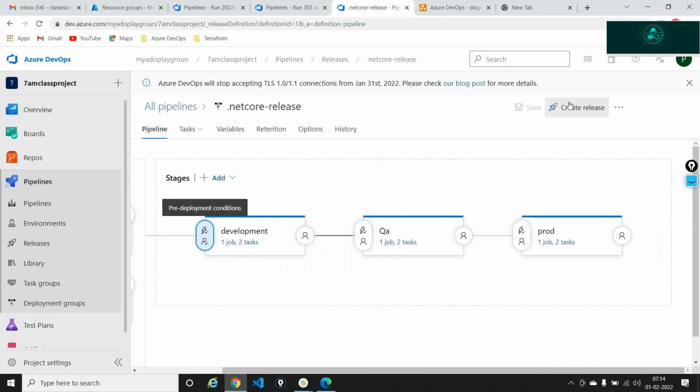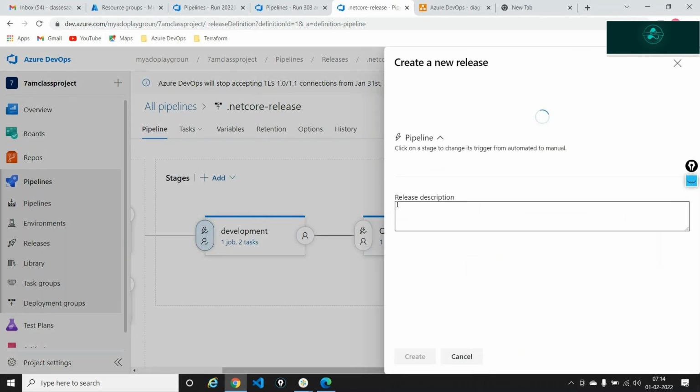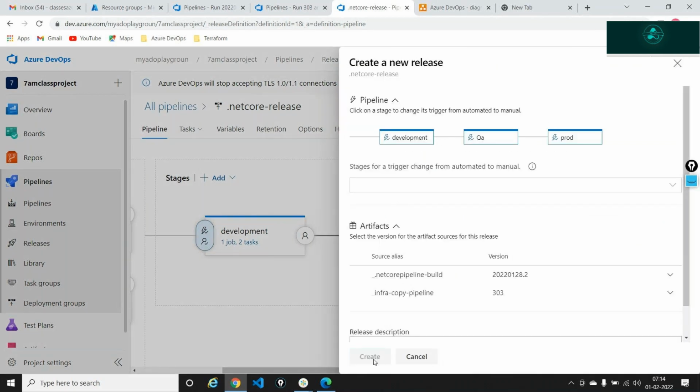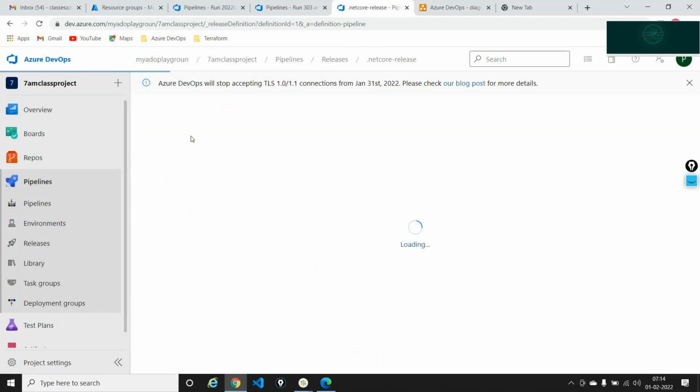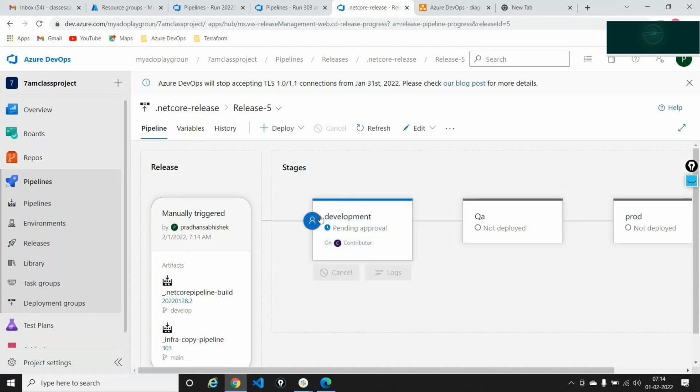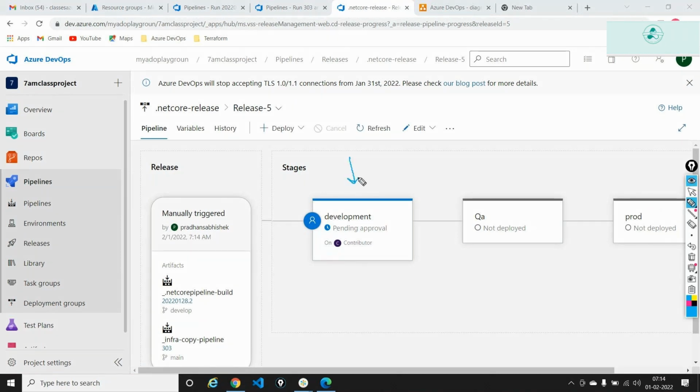and whenever now I create a release, and I'll say create, the release 5 has been created, and in here it won't directly go into the development environment. This is something that I wanted to achieve, that before going into the Azure portal, the lead of that particular environment, meaning the lead of that particular team, should come here and click on the approve button,